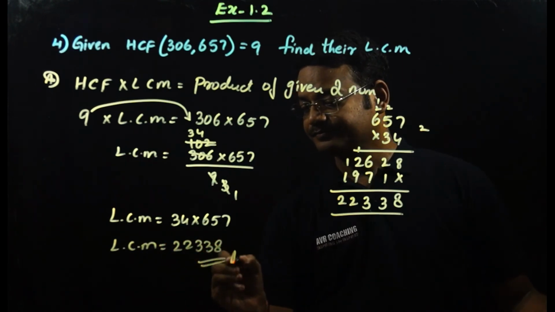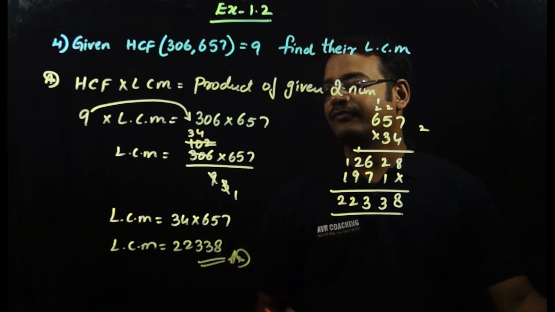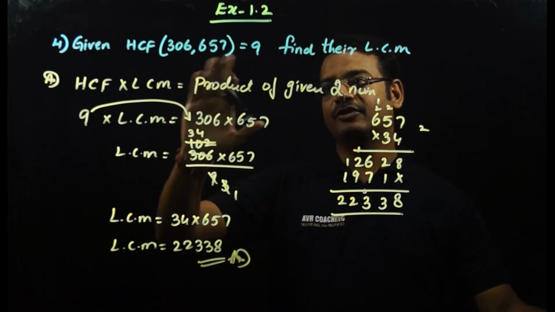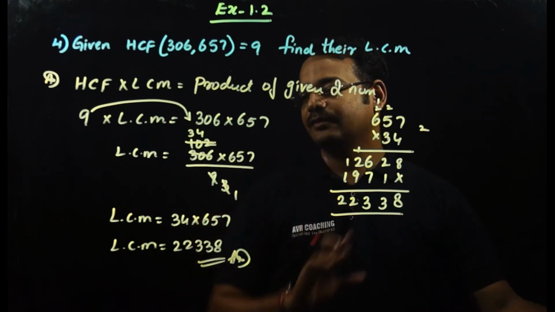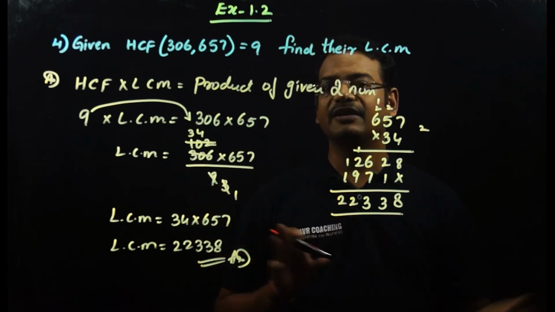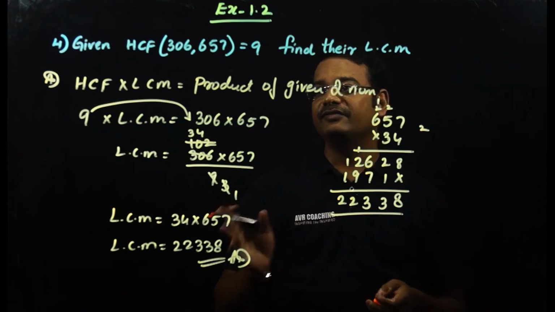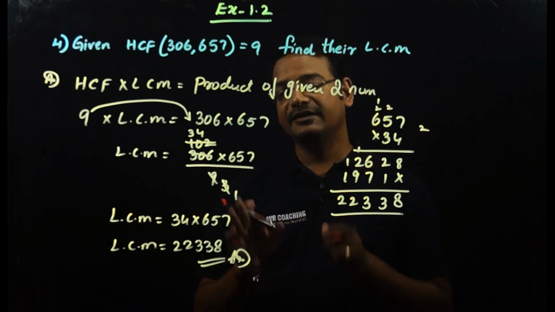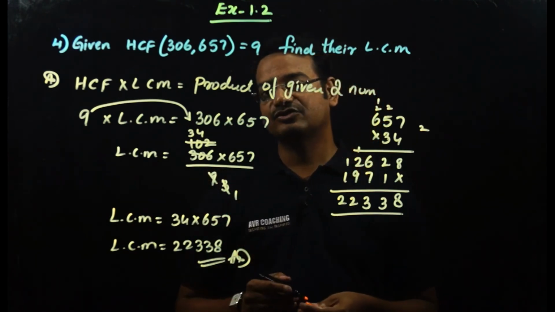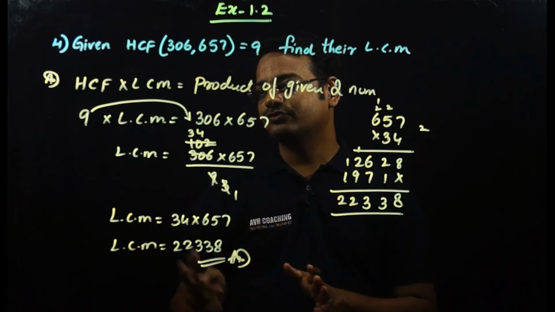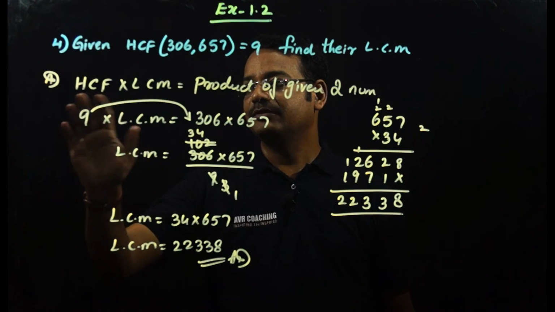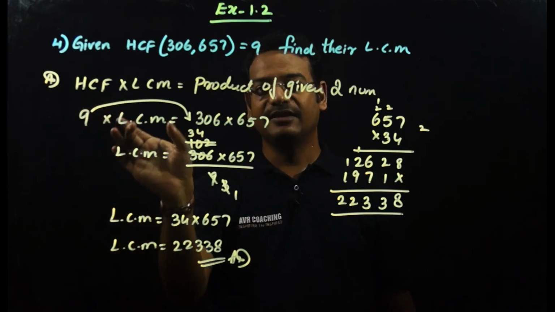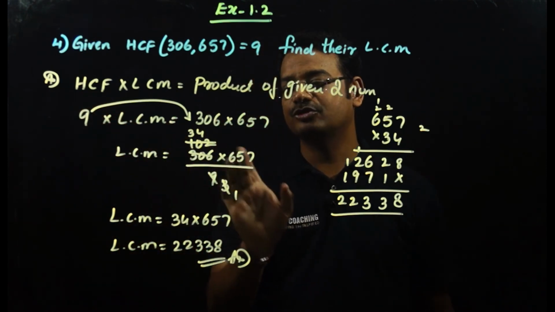So here he has given us the HCF and the two numbers, and told us to find the LCM. So this is the problem. In the same way, from an examination point of view, he can give the LCM of two numbers and the two numbers, and ask us to find the HCF. For that also we will follow the same method. Only thing is, instead of substituting the HCF value, we will substitute the LCM value and divide the product of the two numbers by the LCM.